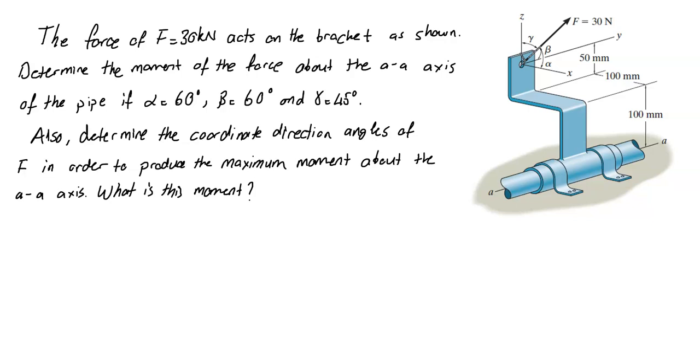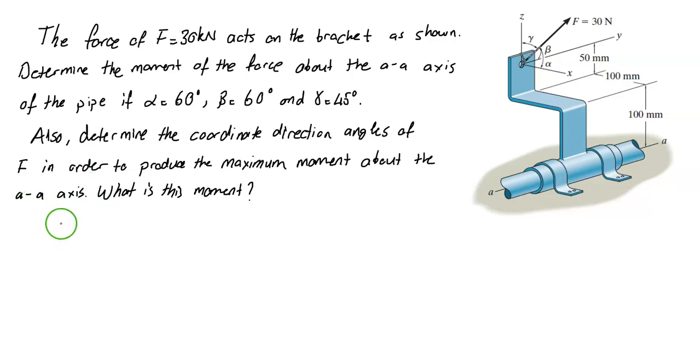And the angles are: alpha is 60 degrees, beta is 60 degrees, and gamma is 45 degrees. So these are the angles the force makes with the x, y, and z axes respectively. In the second part of the question, we are asked to find the coordinate direction angles of the force F equals 30 Newton in order to produce the maximum moment about the AA axis. And what is this moment? So maximum moment. Okay, so as for the solution,